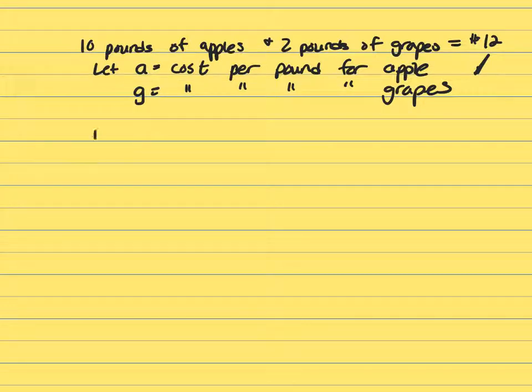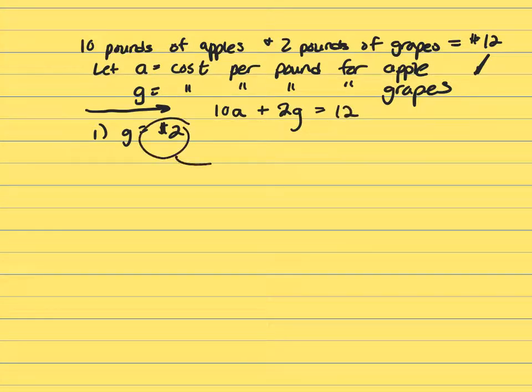So if you look at clue 1, it says the cost per pound of grapes was 2, so that tells us that G equals 2. And that works because I can write an equation for what's given. 10 pounds at the cost of however much an apple is per pound plus 2G, 2 pounds times the cost of grapes, gives me $12. So in clue 1, I could just plug this 2 in here and I can solve for A, and that